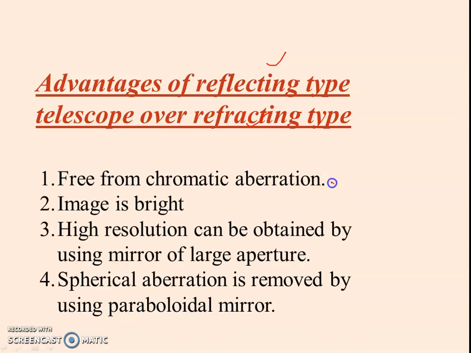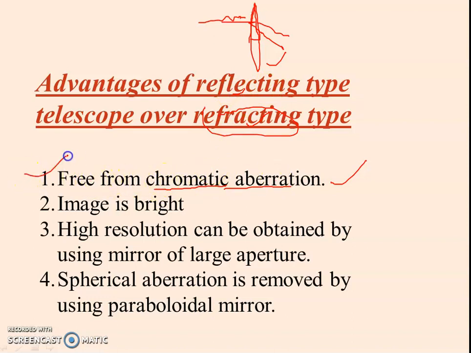It is free from chromatic aberration. Chromatic का मतलब होता है कलर, यानी कलर वाला जो डिफेक्ट है उसे हम कहते हैं chromatic aberration. Now see, lens, we assume that it is made of two prisms, and prisms have dispersive property, dispersion of light. It breaks the white light into 7 component colors, so it makes the image colorful. यानी refracting type telescope forms the colored image, whereas the telescope having a mirror is free from chromatic aberration.